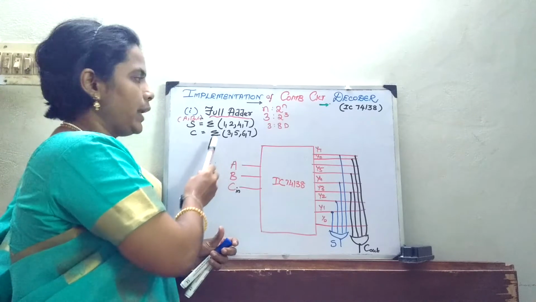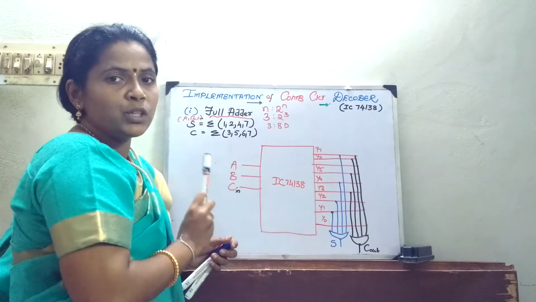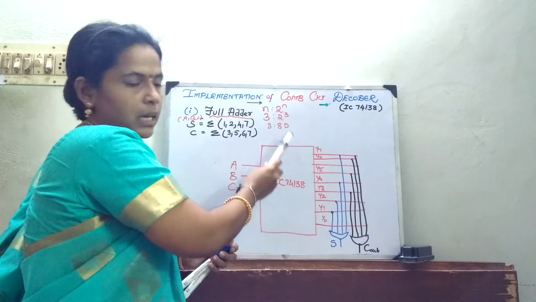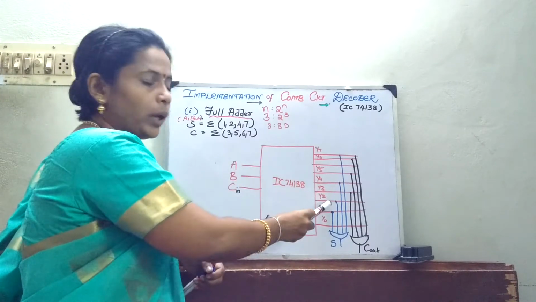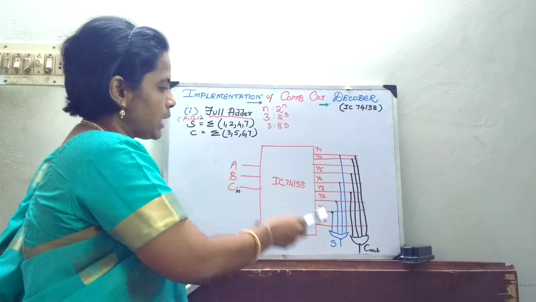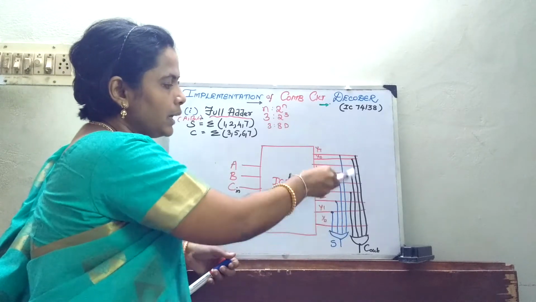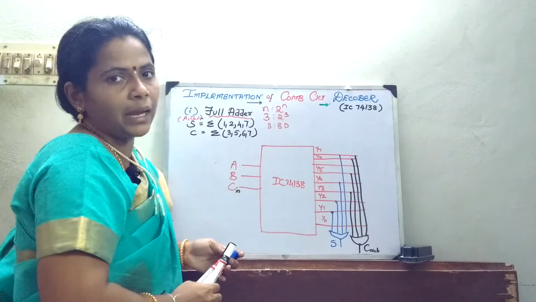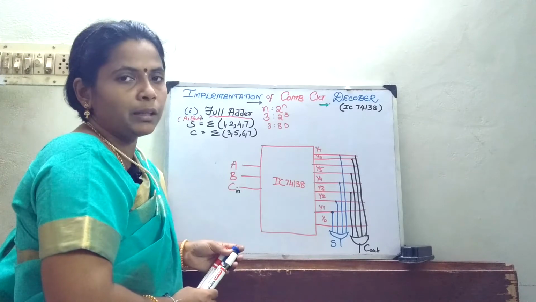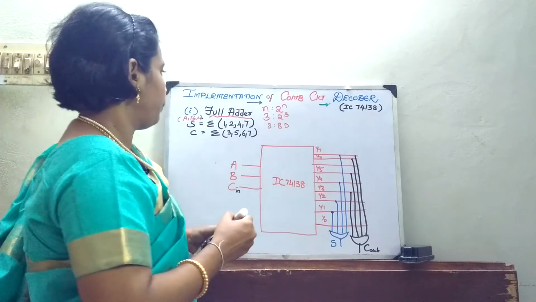So first see your expression. Decide which decoder you have to put, either a 2 cross 4 or a 3 cross 8. Accordingly, you draw your input and output diagrams. Based on whatever the expression is, you just tap the points from the respective pins and draw the diagram. Now we will see how to implement the full subtractor.